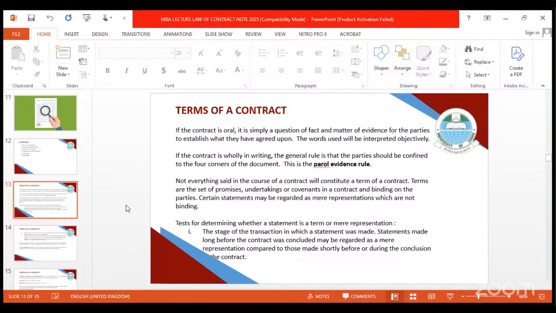And of course, in doing that, the words that are used are to be construed objectively. That is, not subjectively, not in line with the intention of the parties, but what a reasonable person will construe as being what the parties intended. Now, if the contract is wholly in writing, because there are some contracts that are partially in writing, so if it is wholly in writing, the general rule is that